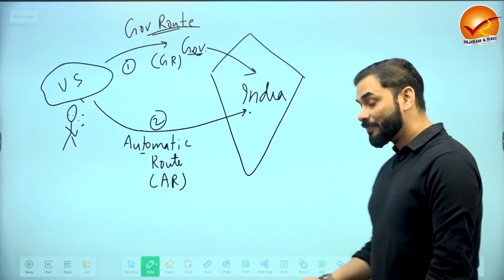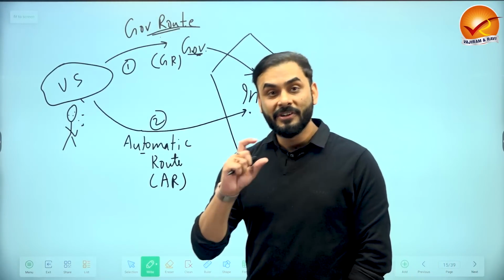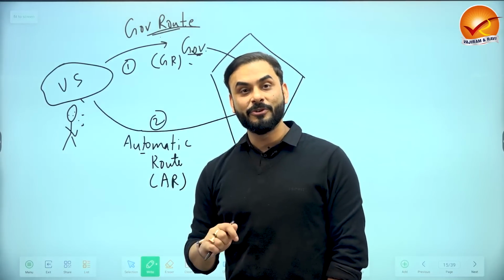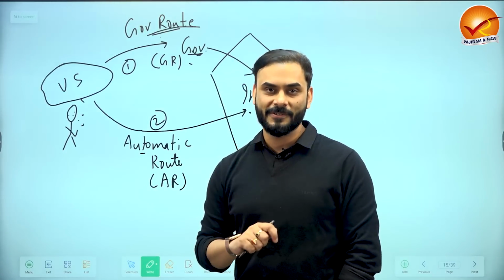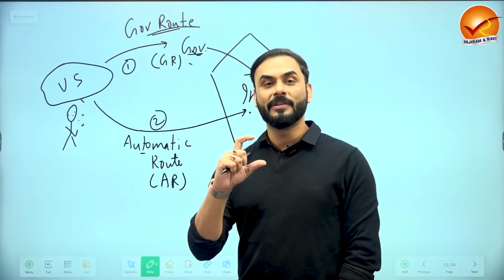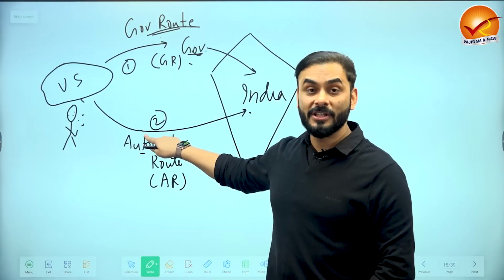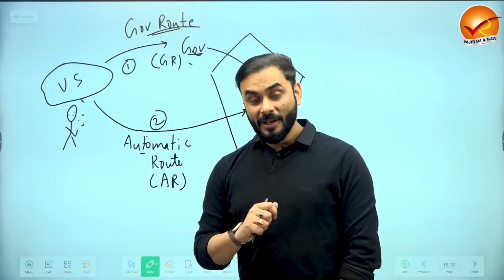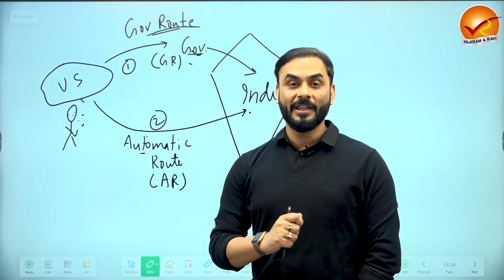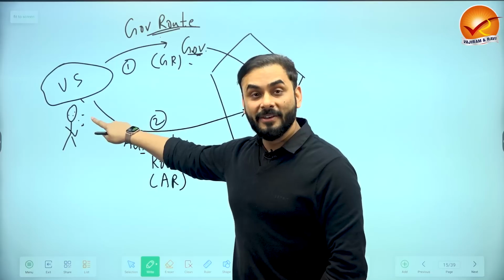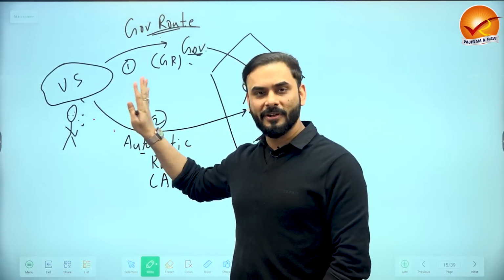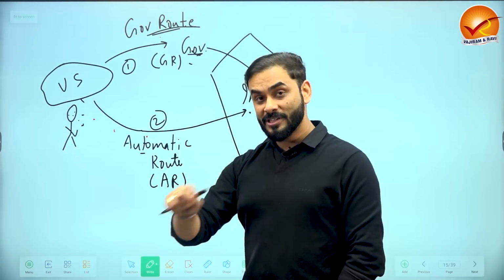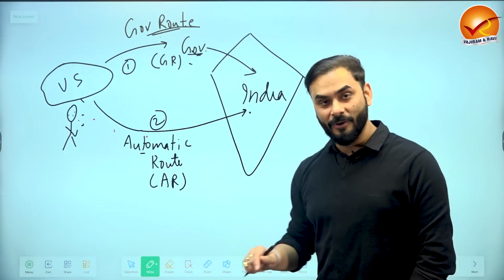So earlier, the Government of India had reserved most of the sectors under the government route, which means whenever foreigners were coming to invest in India, they had to take permission in most of the sectors. The automatic route was very small. The number of sectors where investment was allowed through the automatic route was very, very less, right? So what have we started to do? Now the Government of India has started to take reforms whereby almost a majority of foreign direct investment, not everything, is now coming to India through the automatic route. This is the reform.